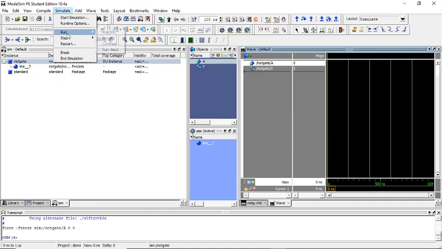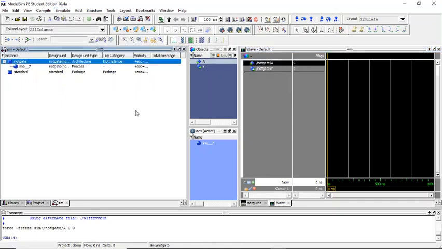Inside the simulate you have the run and you can run for 100 nanoseconds or you can run the entire test bench waveform, and you have a few more options mentioned in the run, or you can directly run the simulation waveform using a shortcut button called run.